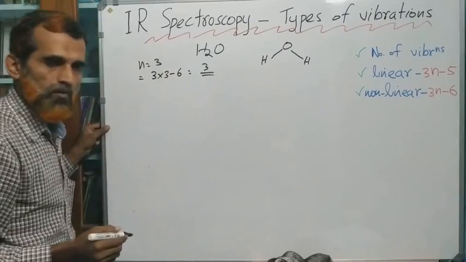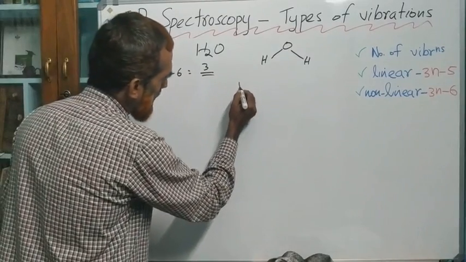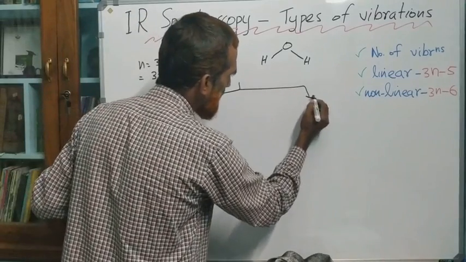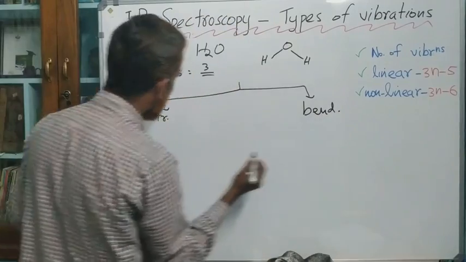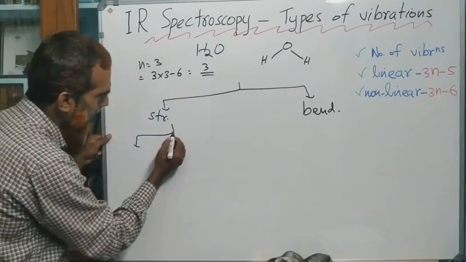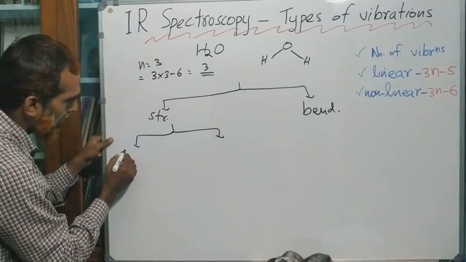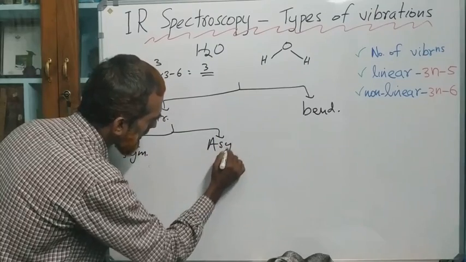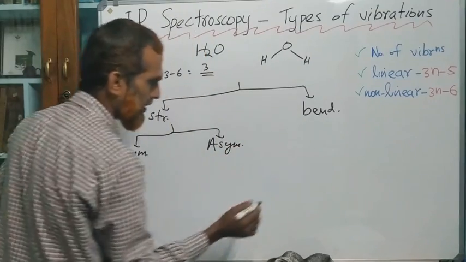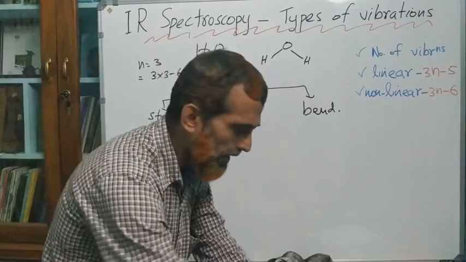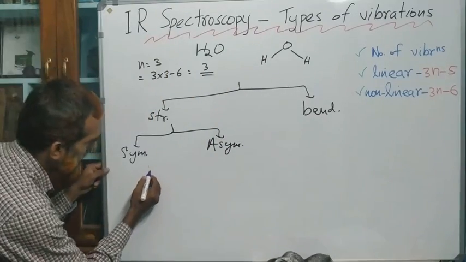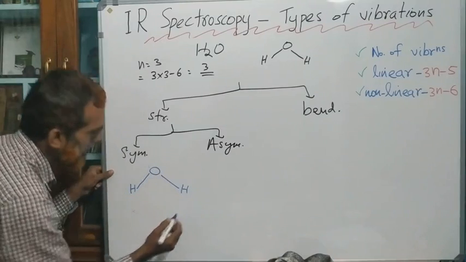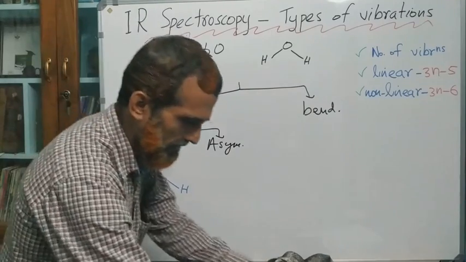There are 3 vibrations. So, vibrations are again first two, that is stretching, and the other is bending. Okay, and the stretching is again of 2 types here, that is symmetric stretching and asymmetric stretching, and bending here you have only 1. Okay, and let us see the stretching, how we show it. For water, you know, this is the shape of the molecule, bent. So when we show the stretching vibration,